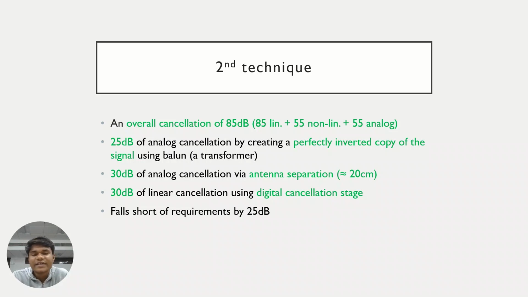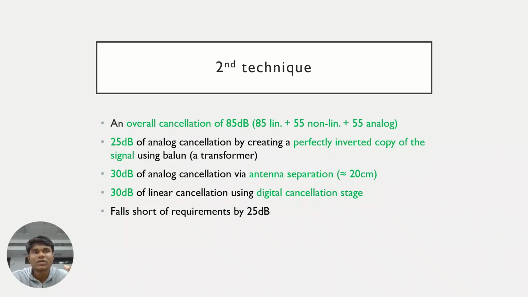Now, here too the antenna separation comes in, and they are able to achieve 30 dB of analog cancellation. Thereafter, they also achieve 30 dB of linear cancellation using a digital cancellation stage, where after receiving the signal, they convert the received analog signal into digital form and thereafter do some post processing. So again, 85 dB was achieved, but it had to achieve 110 dB,